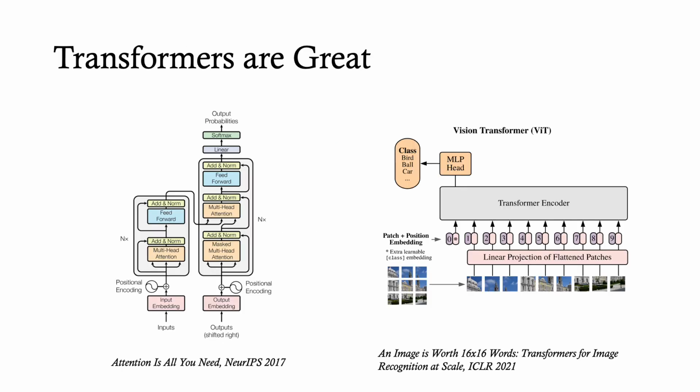Most of us will easily agree that transformers are one of the biggest things in computer vision and AI in the recent 3 years. Huge success in natural language processing since the paper "Attention Is All You Need." And then there's a set of quick successes in computer vision in the past year or so, for example the vision transformer paper we're showing here, and the DETR work from Facebook for object detection. Transformers have really great potentials.